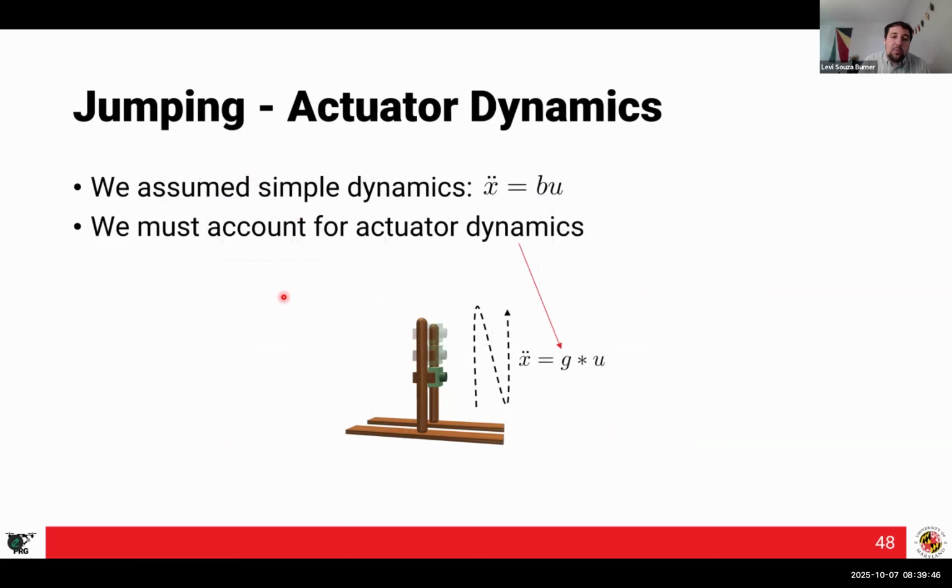The second case study was uncalibrated jumping. For this, we made the problem a little bit harder because one of the comments you often get when you write a paper like this is that your dynamics model is too simple. So you've assumed that x double dot equals BU, which no robot actually has as a model. And somehow there is some dynamics between what we put into the robot and what we get out of it